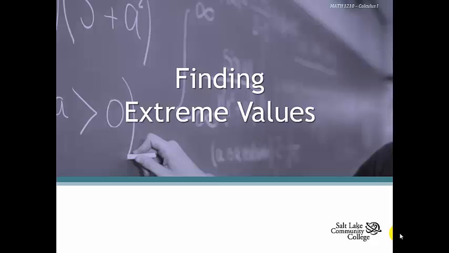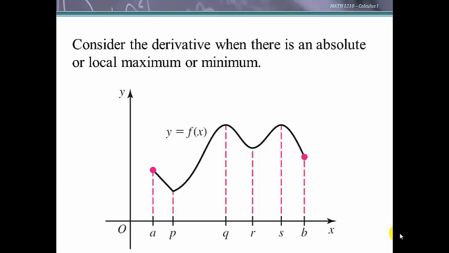Okay, we're going to see how we would go about finding extreme values. So let's look at a graph with a closed interval from a to b, and let's look at the places where we have extrema. First of all, let's look for any absolute max. There's actually two different places that the function takes on the largest value: when x equals q or x equals